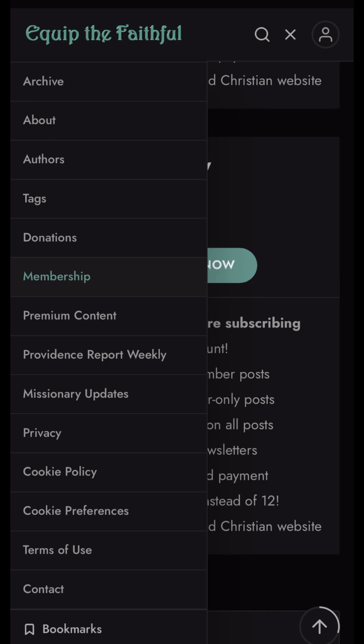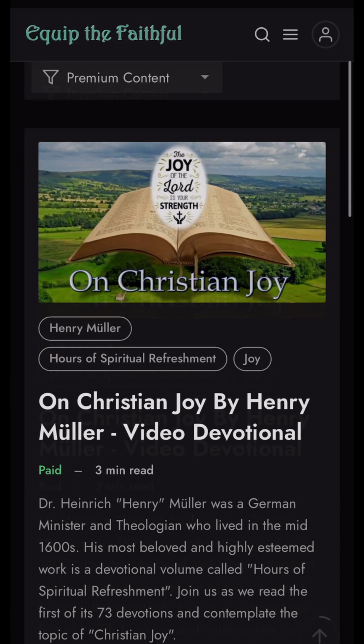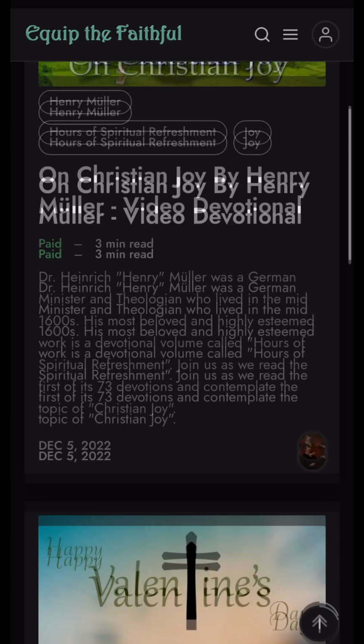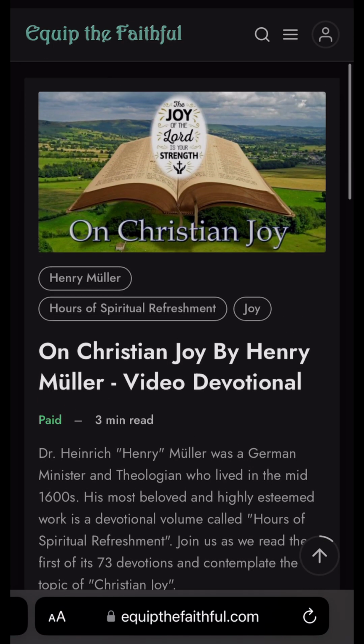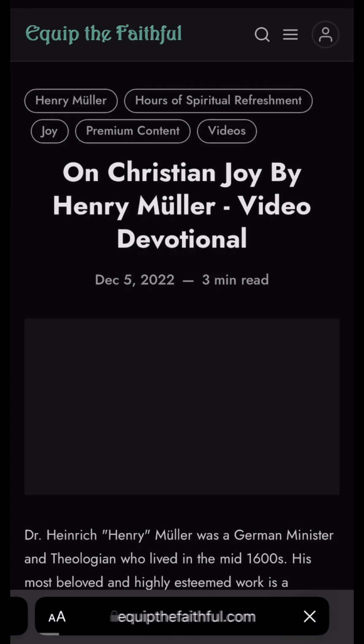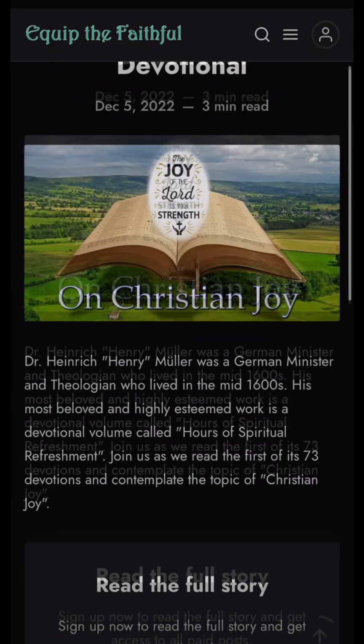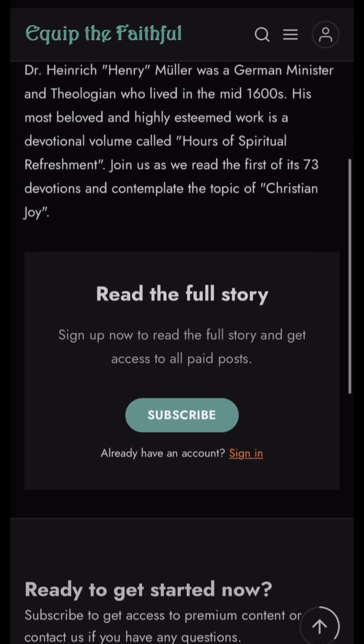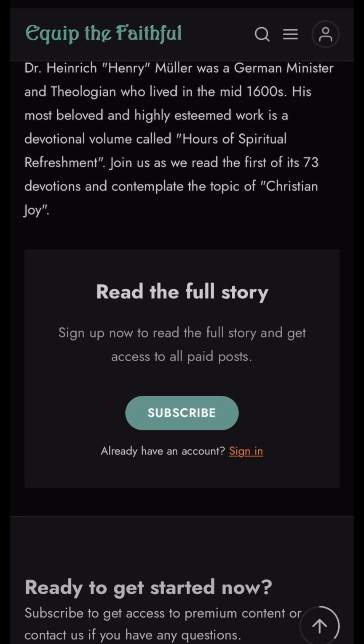Next, in the left navigation menu, we have a link to premium content. This is a quick way to access the content available to premium members. All users will be able to open a members or paid premium members post, but if they are not logged in with an account having the correct membership, they will see a card with the option to either subscribe or sign in, but will not be able to see the content. Let's take a look at how to sign in.